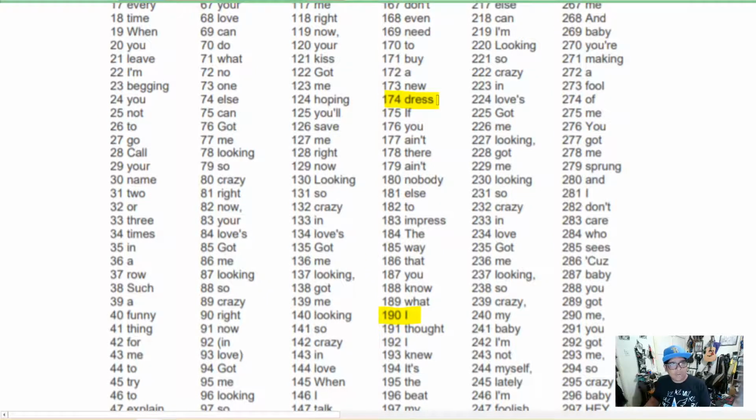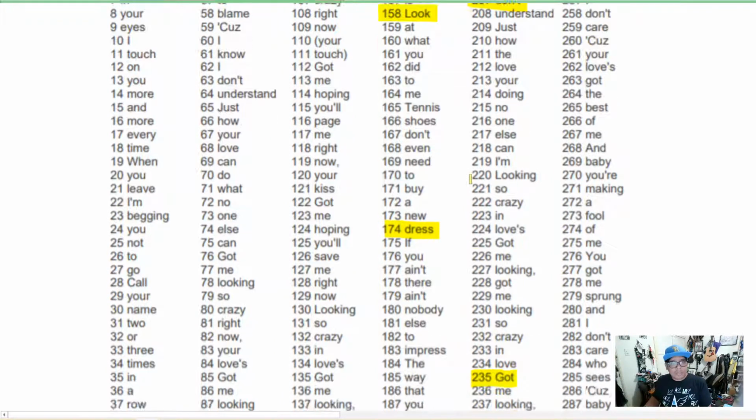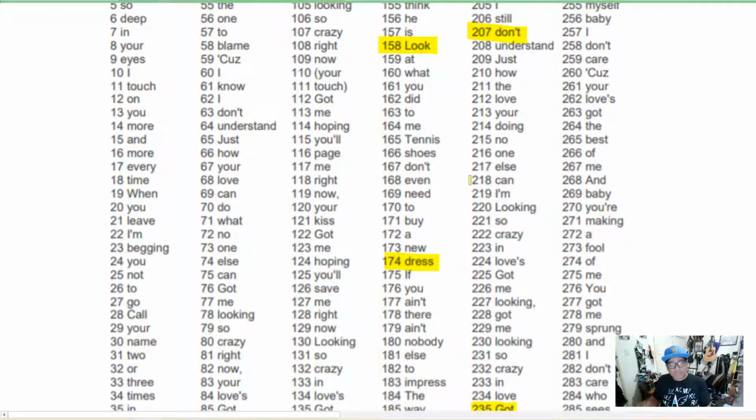174 is dress. 235 is got. 207 is I don't. Sorry, just don't. So those are now my 5 words. And